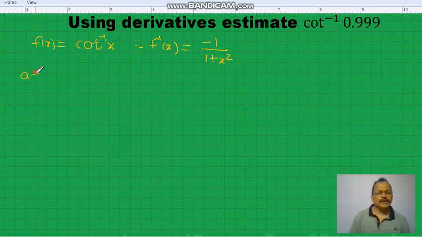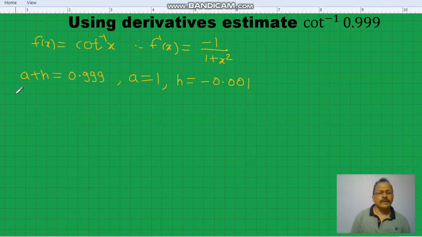I should have a and h so that a plus h is 0.999. I should have a such that I can find cot inverse a and 1 upon 1 plus a square easily. So here the choice for a is 1,